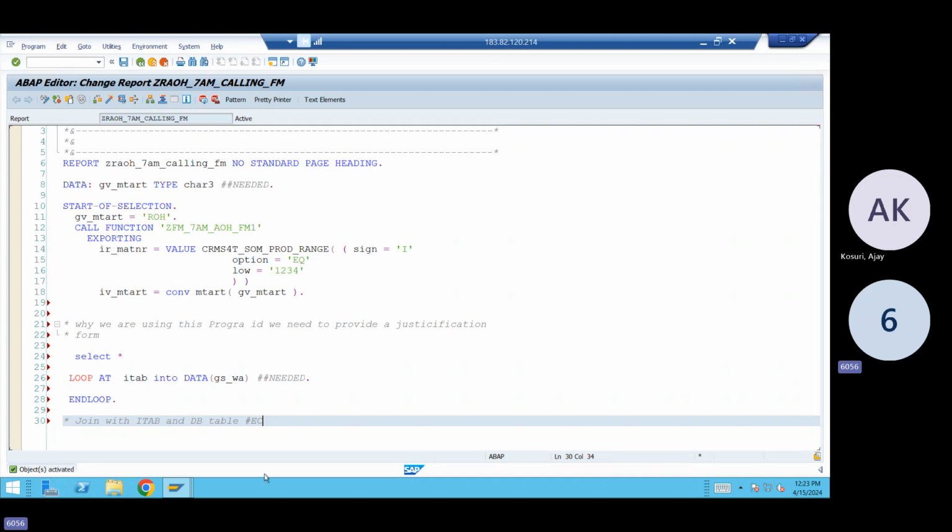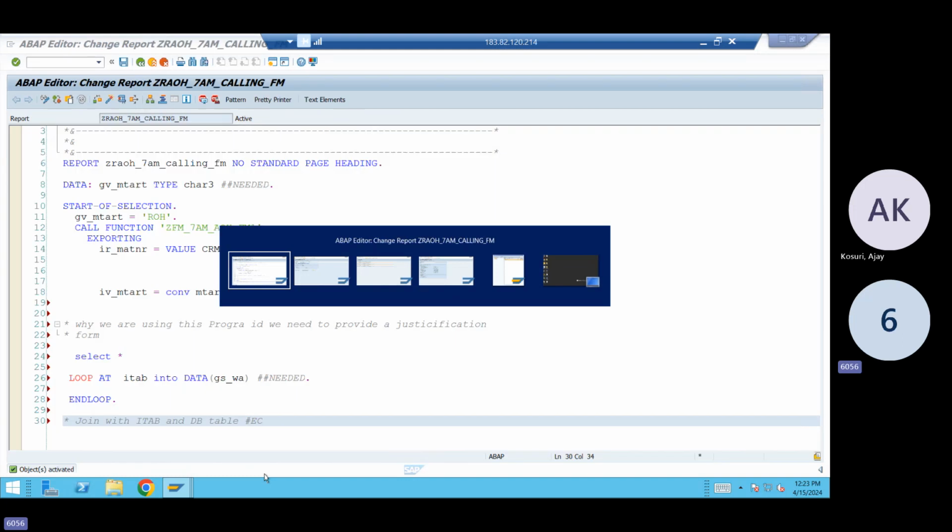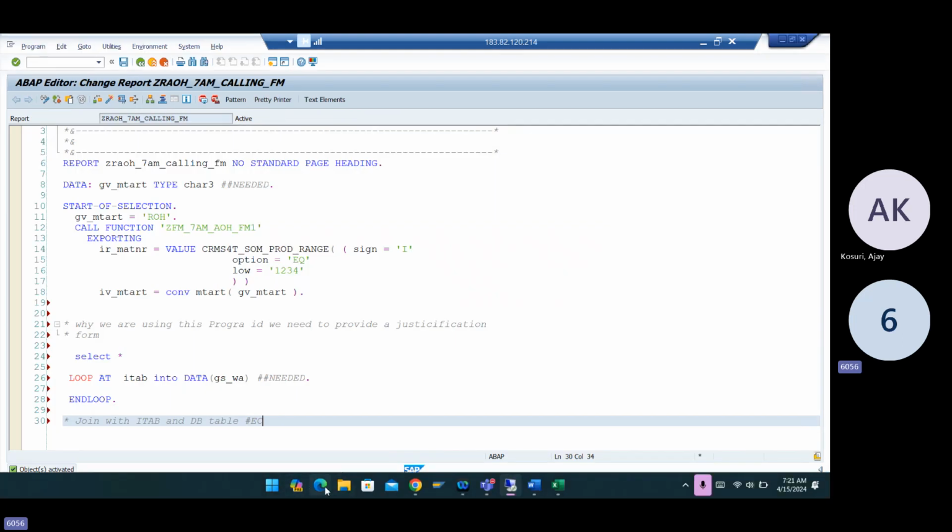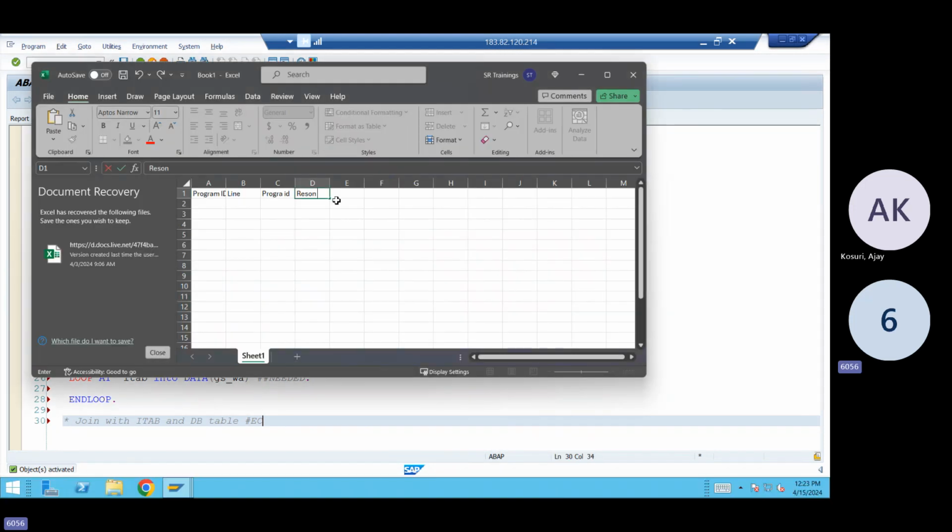program. And some clients, I don't see the majority of the clients, but some clients will have an Excel to maintain this. Why? Because mainly we do all these things to avoid runtime errors. Maybe here it might be running, but we don't know in quality and in production. You can say that it's the same SAP system. Yes, but we don't know. It can go for a toss. So to remove all those runtime errors, we will be using